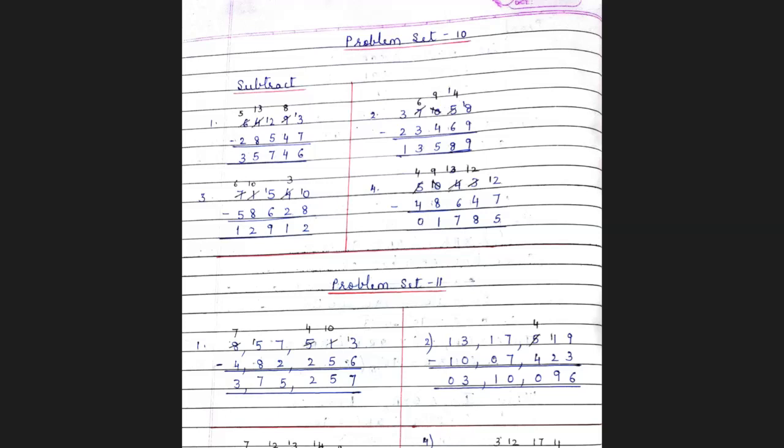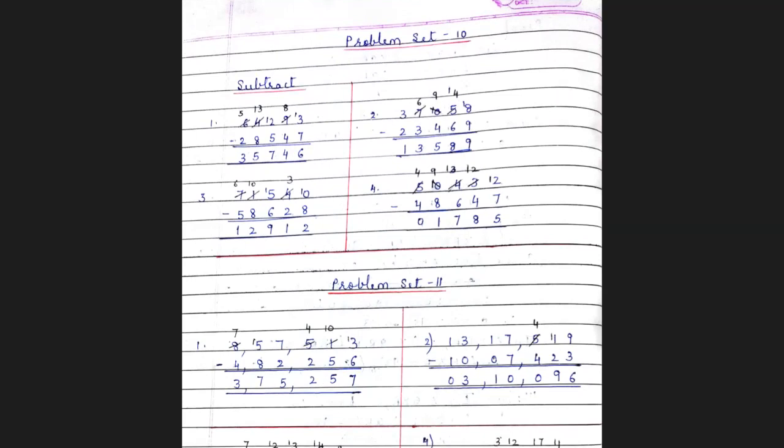5 becomes 4. 4 minus 6 is not possible. So it borrows a number from 0. Now, since 0 is not able to give a number, 0 will first borrow from 7 and it becomes 10. Now 10 will give a number to 4. 4 becomes 14, 10 becomes 9, and 7 after giving a number becomes 6. Now 14 minus 6 is 8, 9 minus 4 is 5, 6 minus 3 is 3. 3 minus 2 is 1. Therefore, your answer is 13,589.